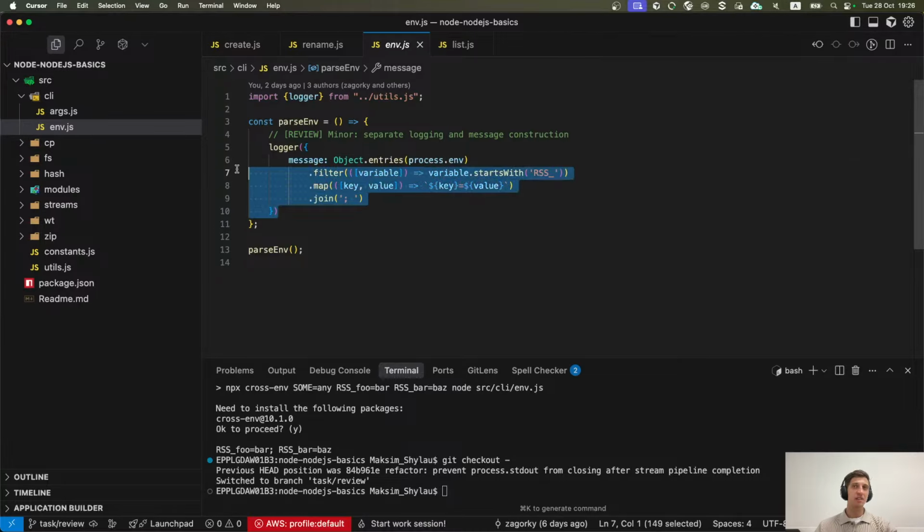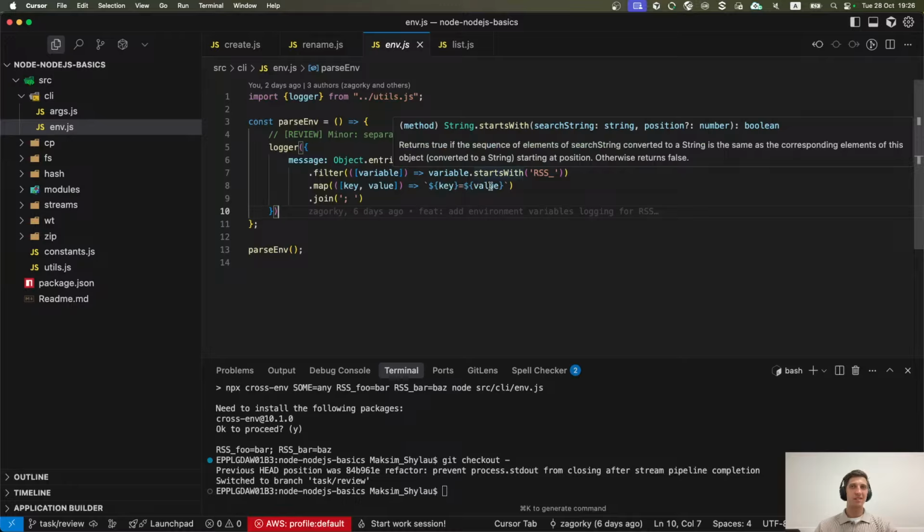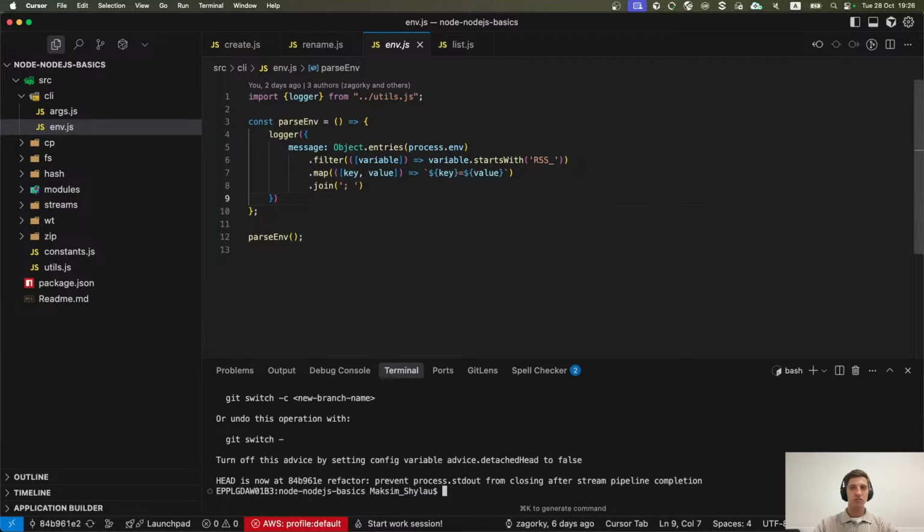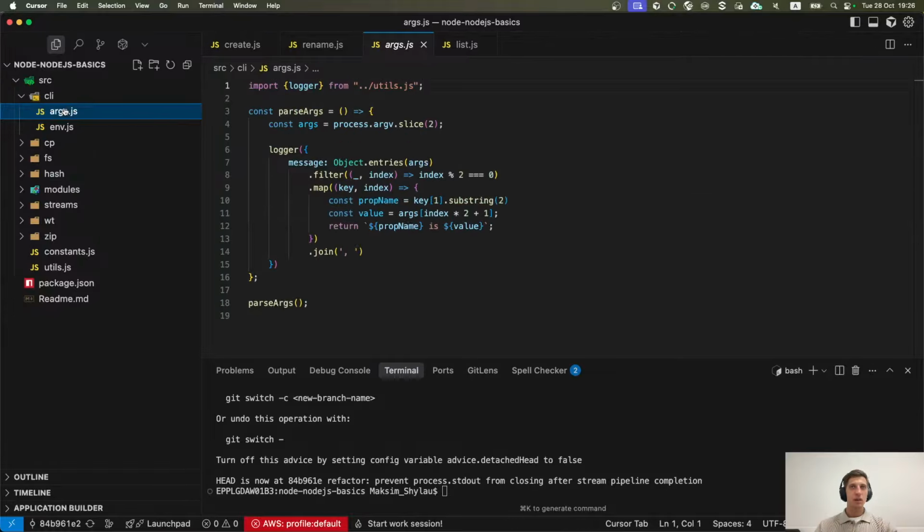Yeah, and also this happens inside of login operation, so maybe we should have at least, I don't know, a message variable which contains message to print, and the second operation is to log this message, because putting everything in one place makes it more complicated from my point of view. But in general, it works as expected.